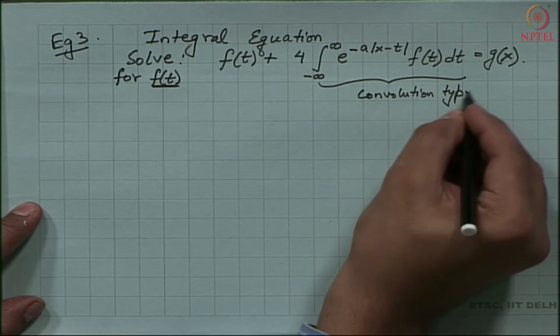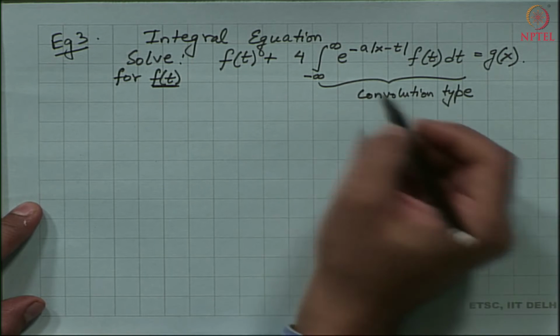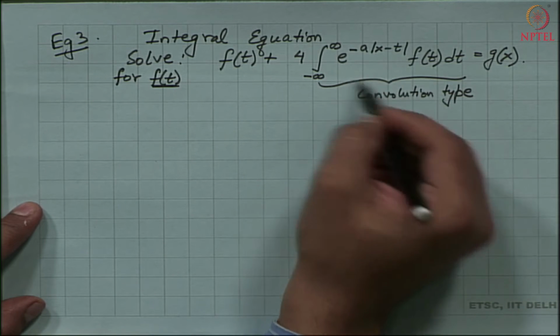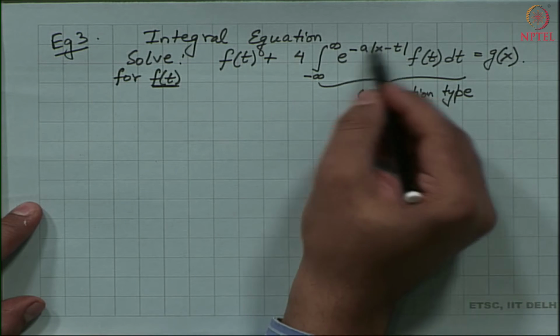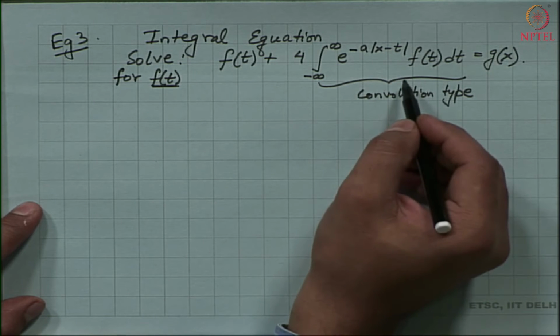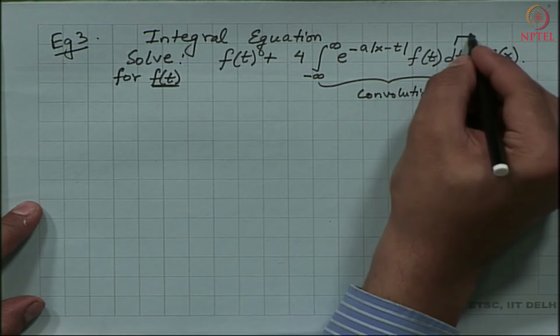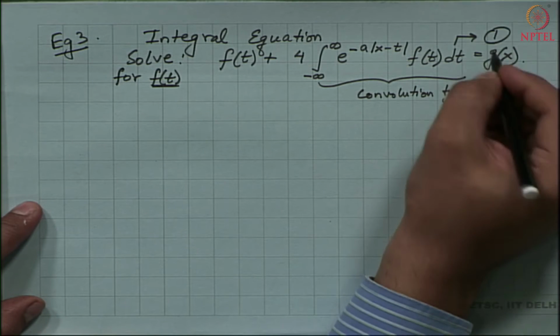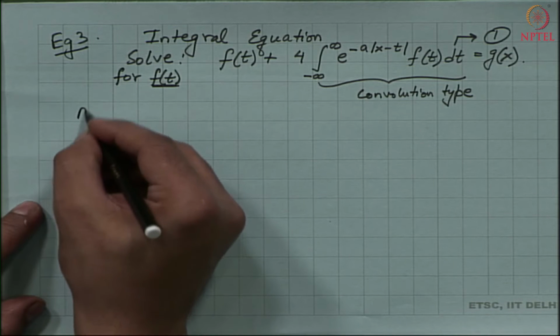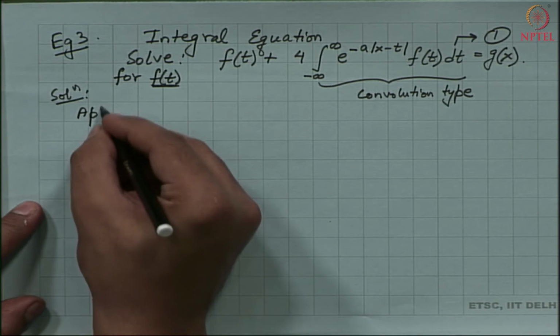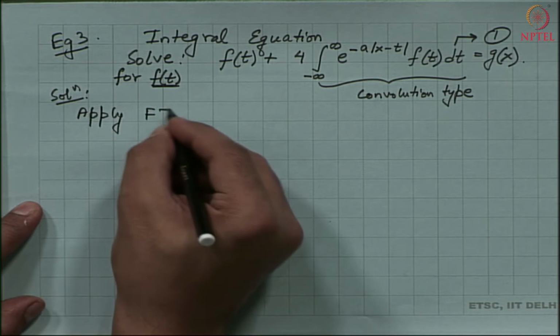If I choose this as my f and this as my g, you can notice that this is exactly of the convolution type that we have described earlier. Let us say that this is my equation 1. If I were to apply the Fourier transform to 1,